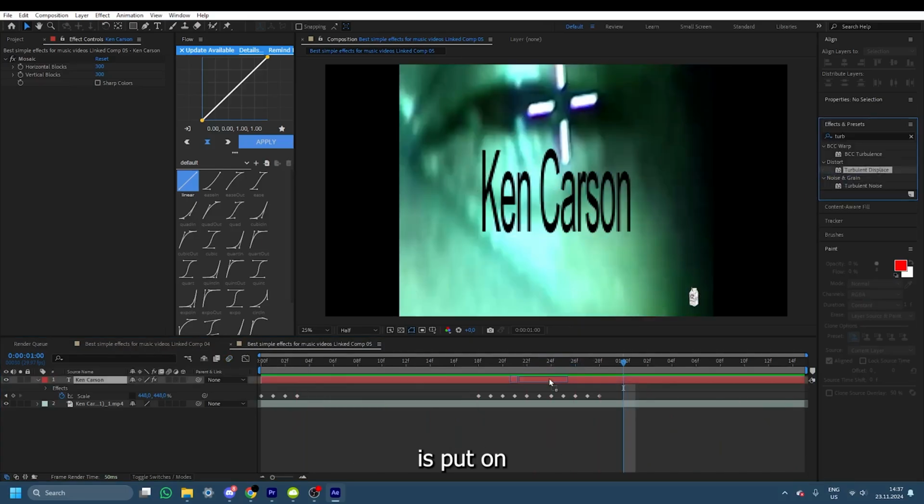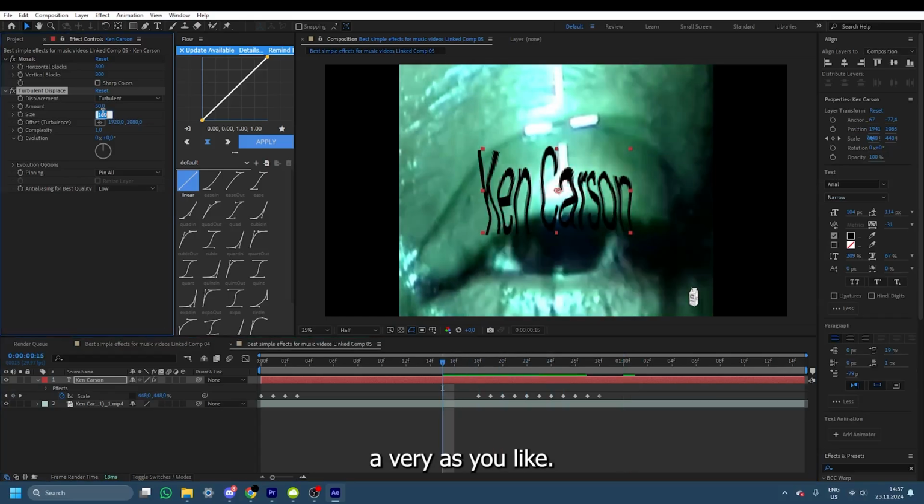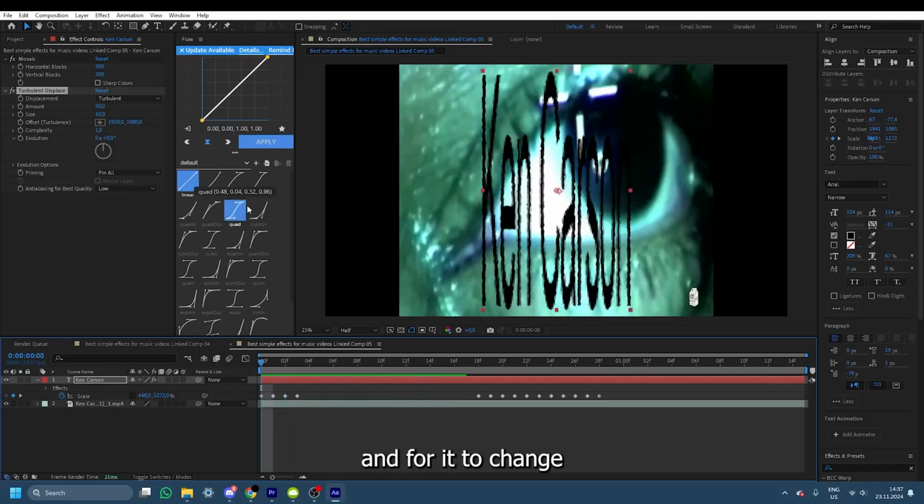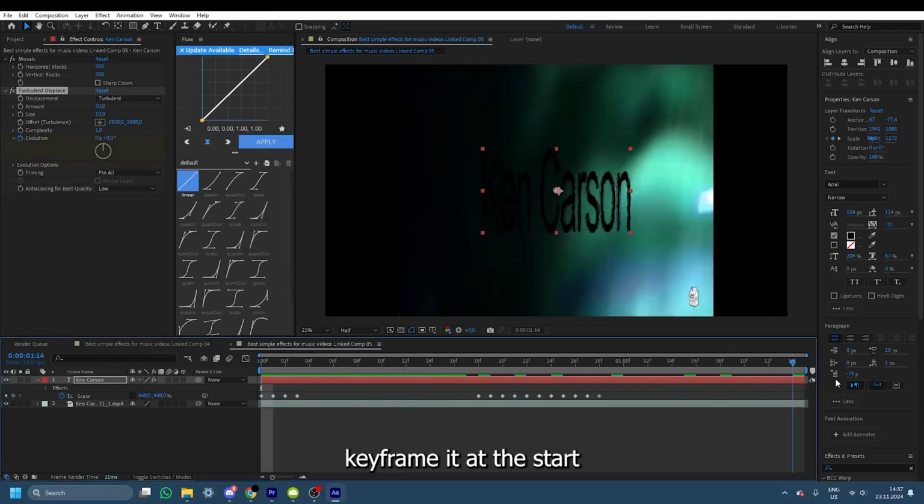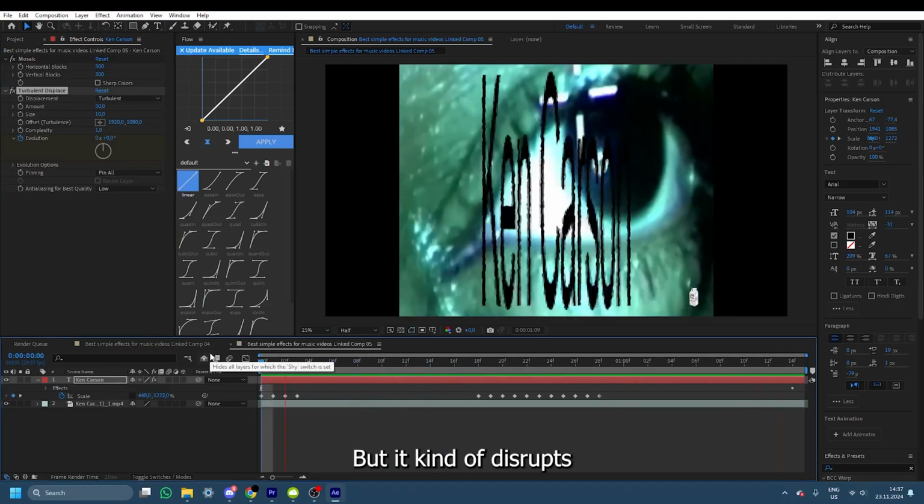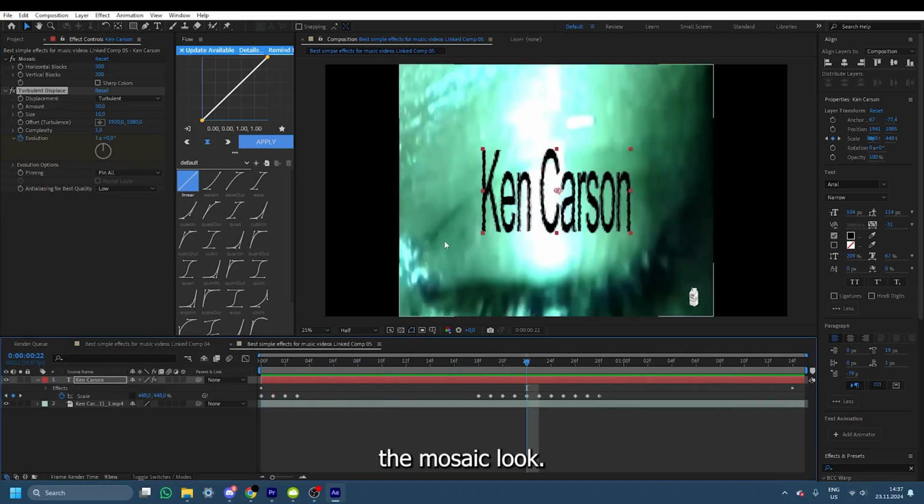What you can also do is put on turbulent displace and vary it as you like. I would like the size to be pretty small, and for it to change its looks, you go to evolution, keyframe it at the start, and at the end, put it on, for example, 2 rotations. And so now it moves, but it kind of disrupts the mosaic look, so I will not be using it